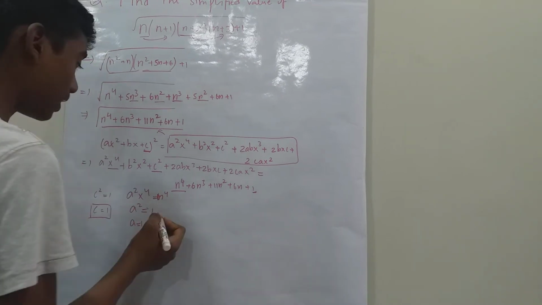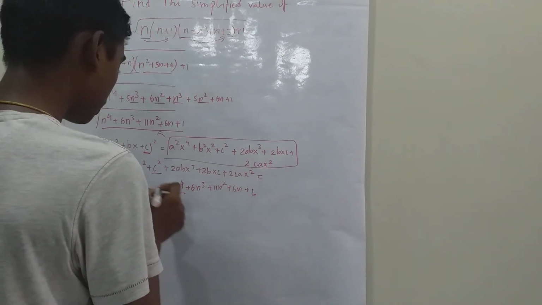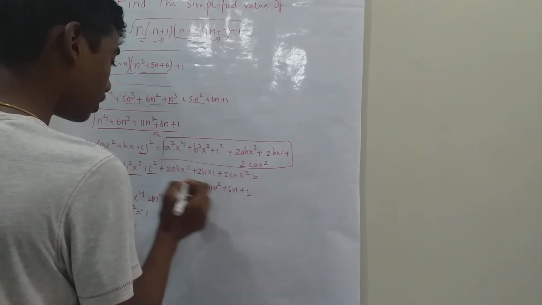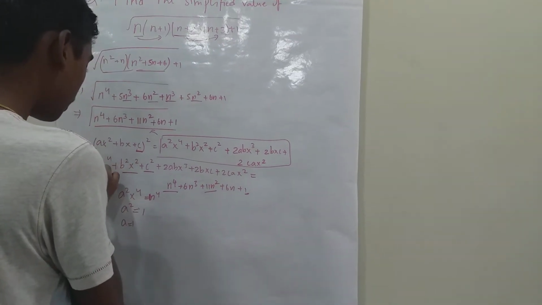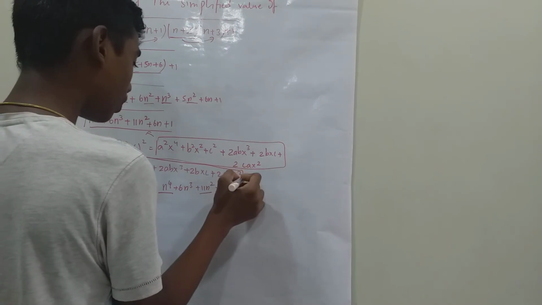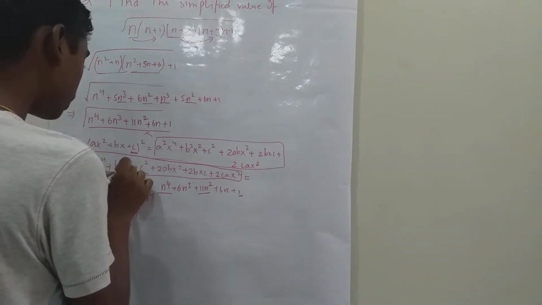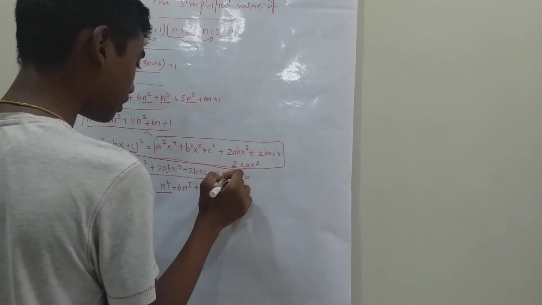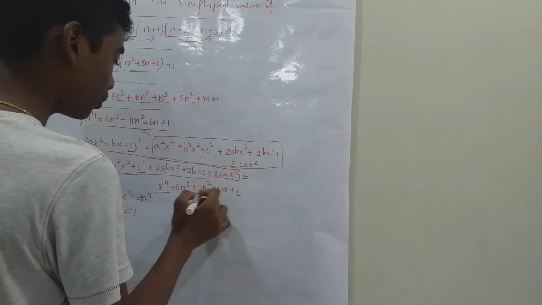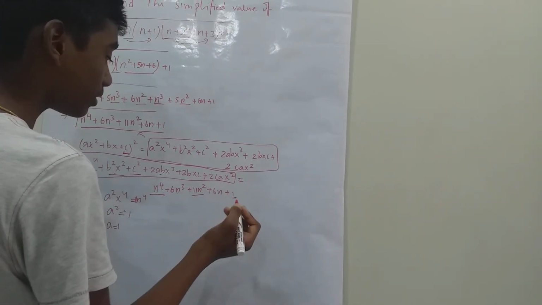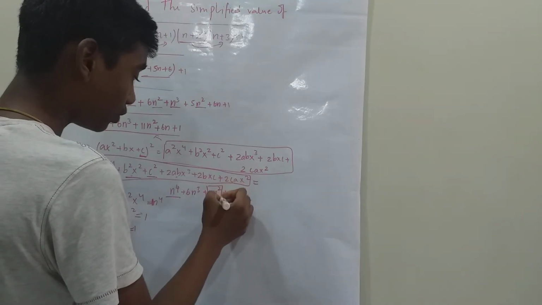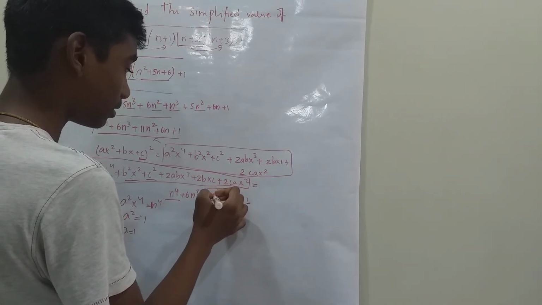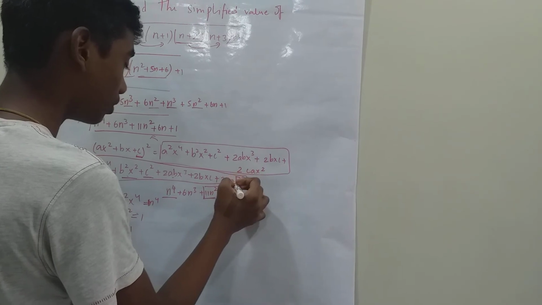Now for the b value, there's x squared, and here's x squared too, but as you can see in this one we have 1 2 3 4 5 6, but here 1 2 3 4 5, so you've got to separate a term into 2,